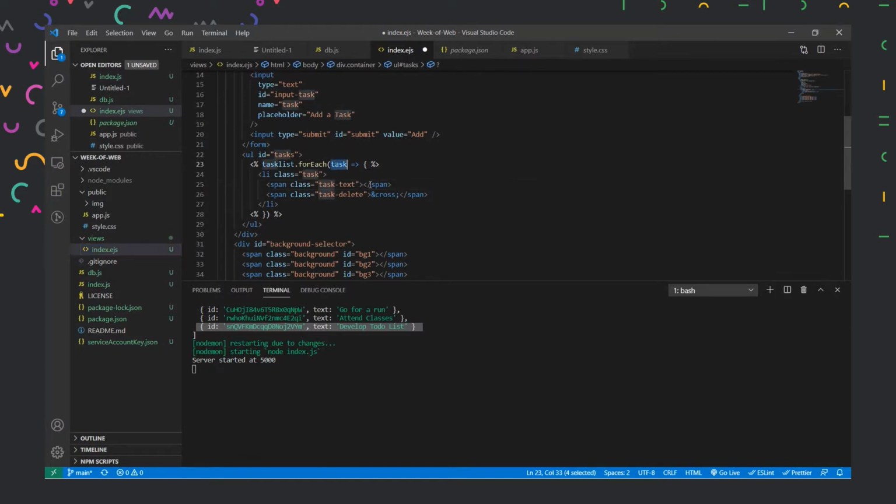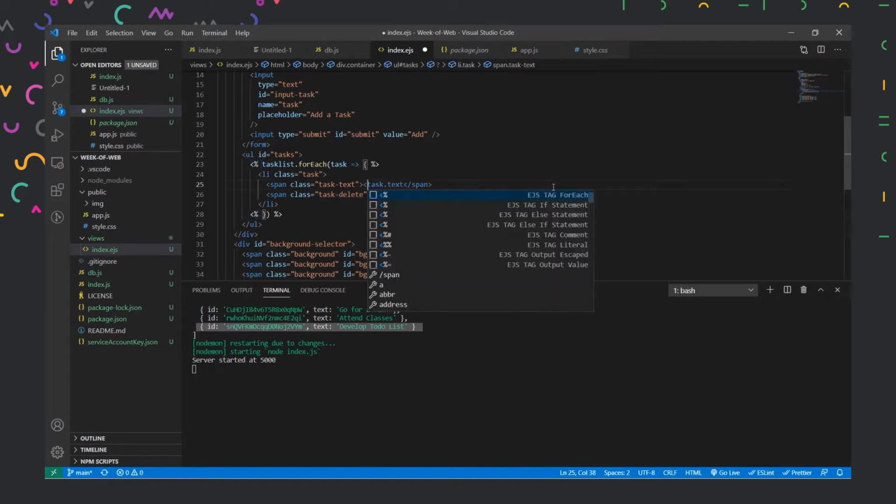So we can first select the task. So here I'll put task, and then task dot, we have to display the text over there, right? That is possible by doing this, but it will not compile this code because we haven't declared the EJS syntax over here. So if we need to display something on the HTML side, if that is a variable and we have to display it after compiling it, we use the notations of EJS like this.